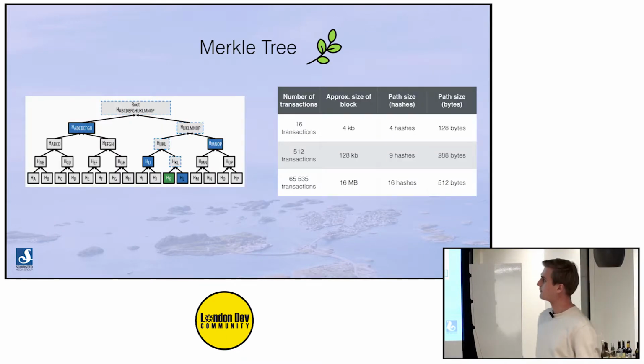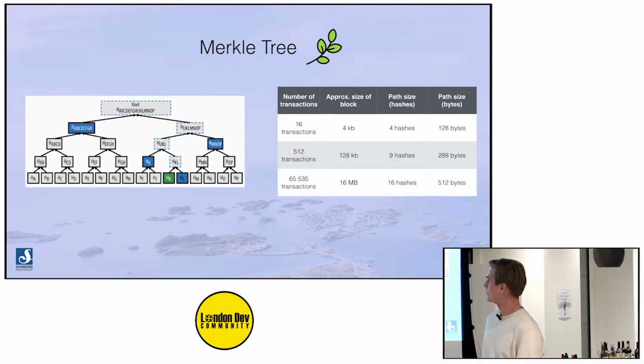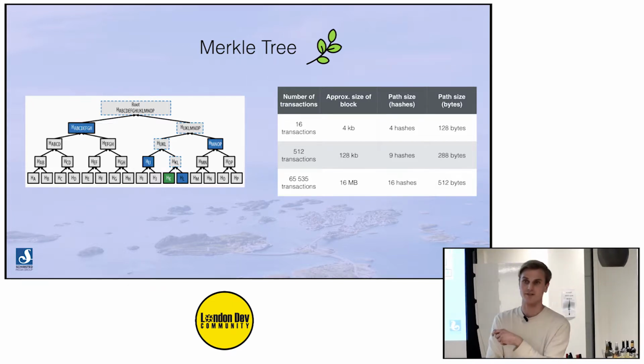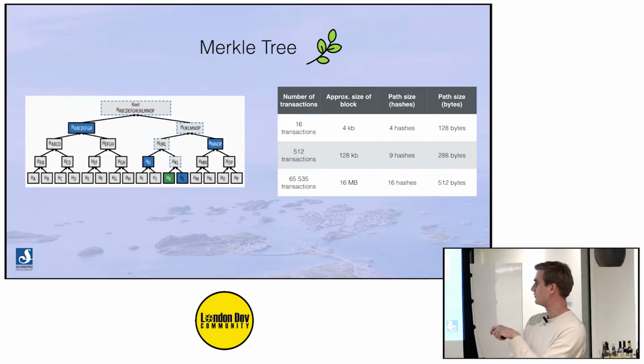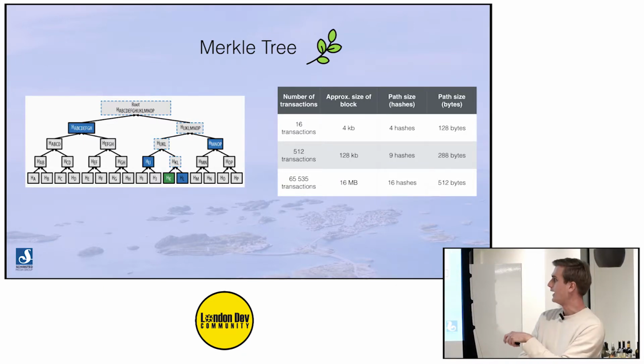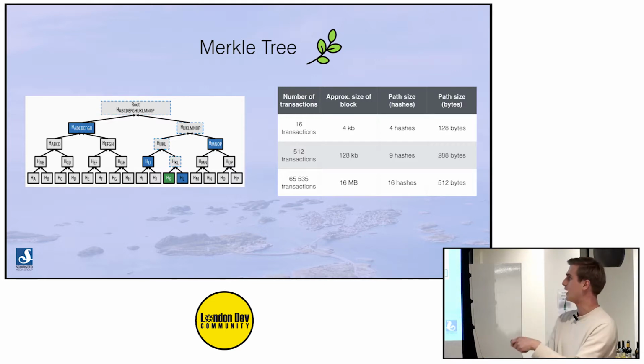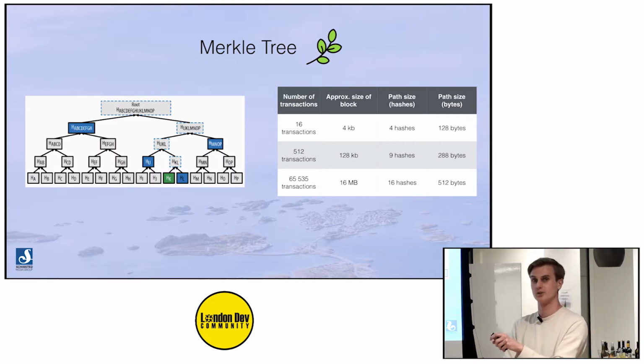So what that serves or looks like is this. This thing goes into the block header. And then, say there's 16 transactions. Each one of these bottom boxes represents a transaction, so money going from A to B. And the neat thing about this data structure is that you don't really need to have the information of all the transactions to verify if a transaction was included.